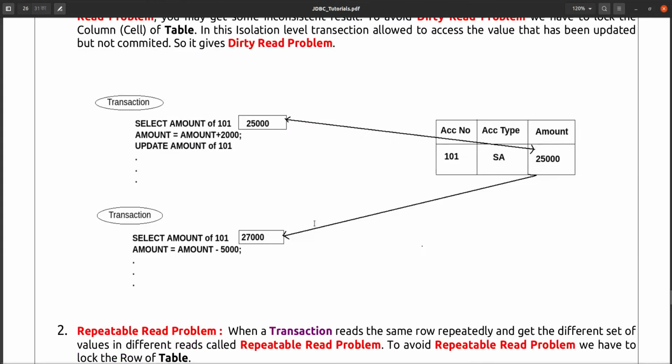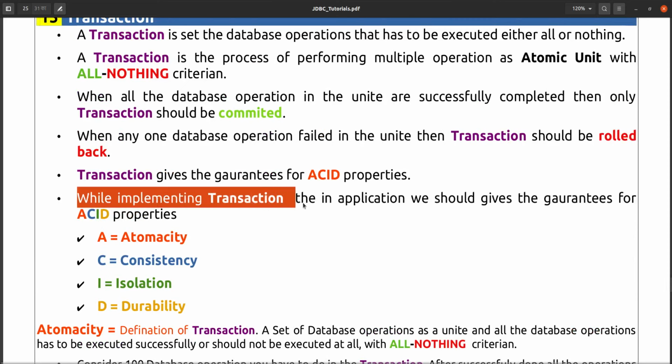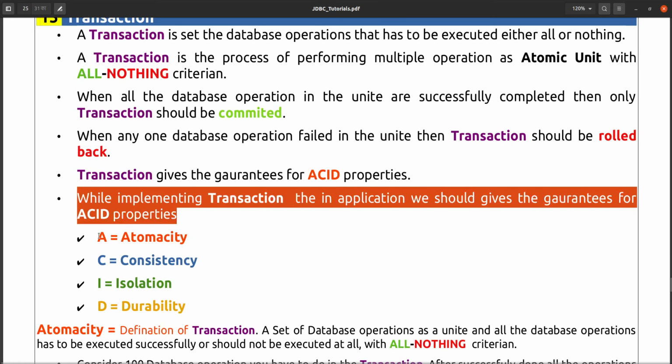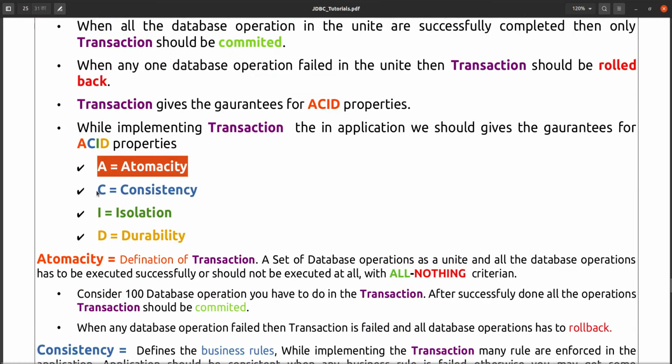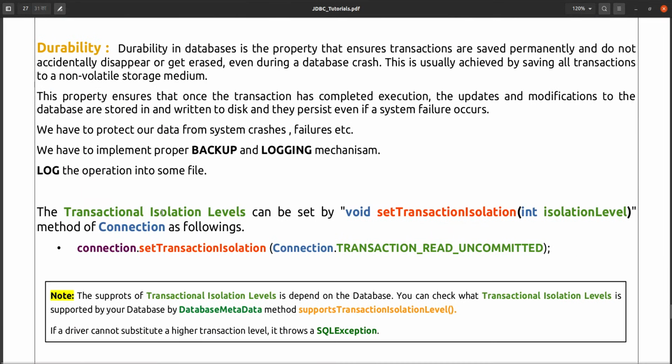As we have already seen, while implementing a transaction, the application should give the guarantee for the ACID properties. So what are the ACID properties? Atomicity, consistency, isolation, which we have seen. The last one is durability. What is durability?